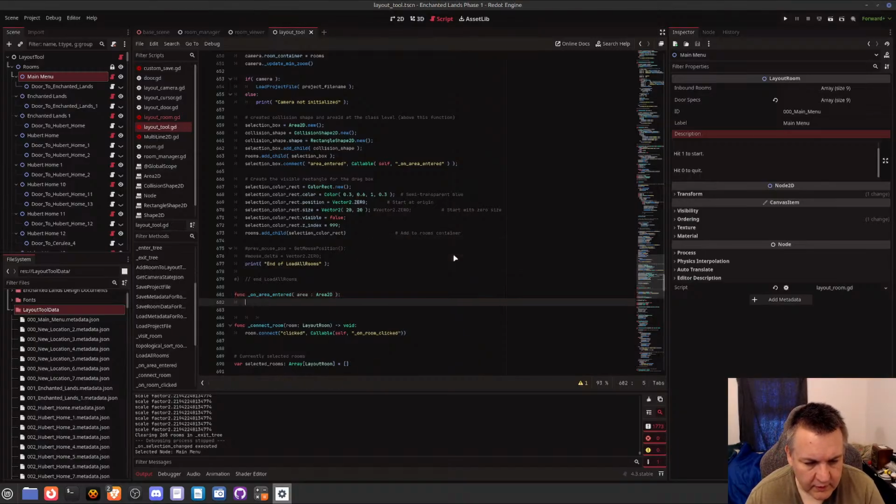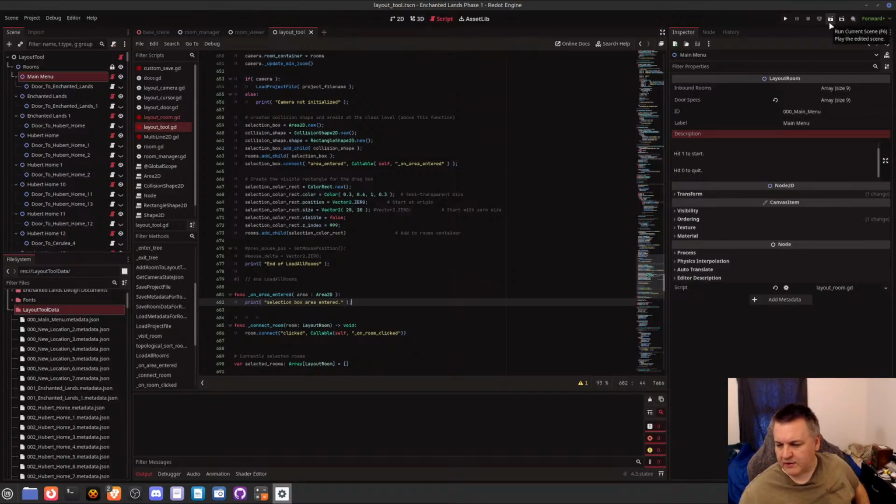Actually print. Selection box area entered. Okay. Now I'm just going to run it just to see if it squawks at me for some reason. I know I'm not completely done yet, but